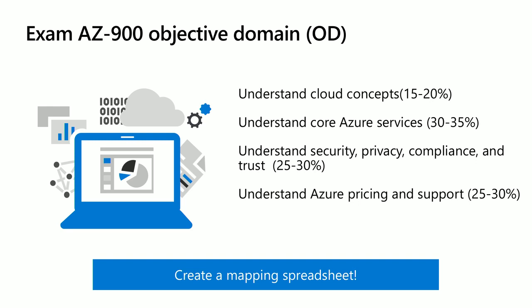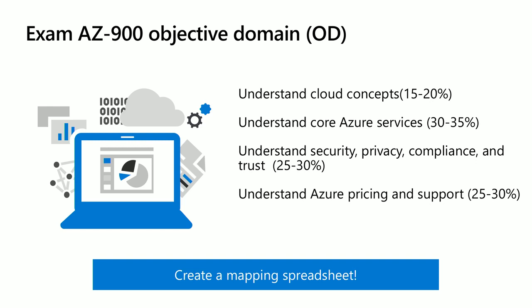I want to note that the second one is quite a bit larger than the other three, what are called functional groups. We don't need the nerdy name necessarily. So that means I would suggest you spend a bit more time making sure you understand the major Azure products. And if you've seen any of those Azure service infographics, you know there are like 170 products at least. Which ones are you going to be tested on? Do you have to know them all? The good news is I have targeted advice for you in that regard, and the answer is no.